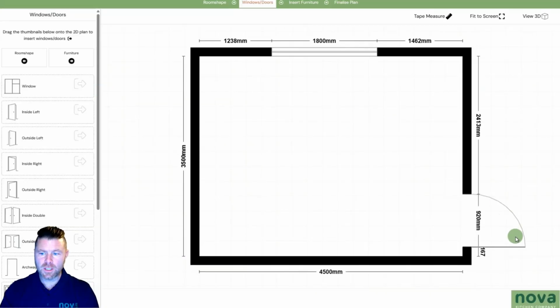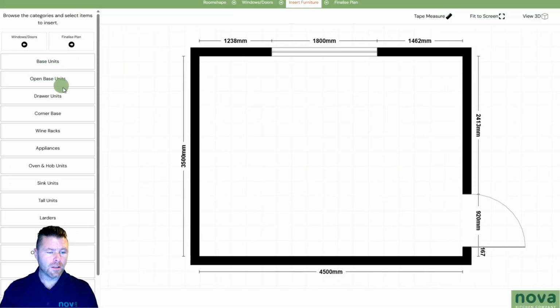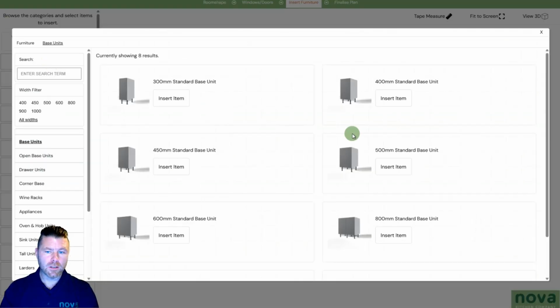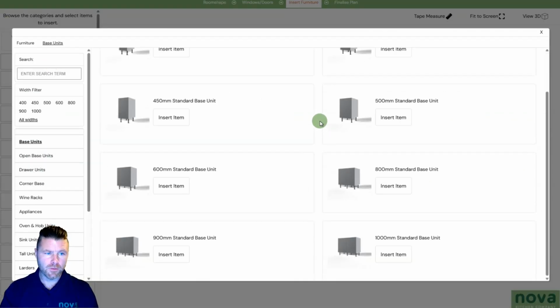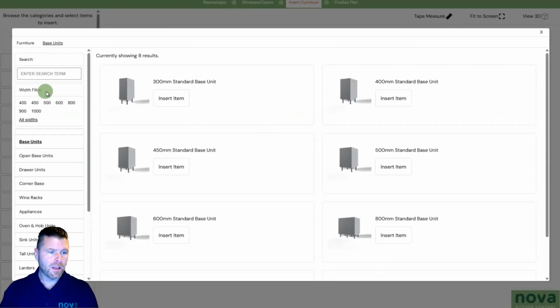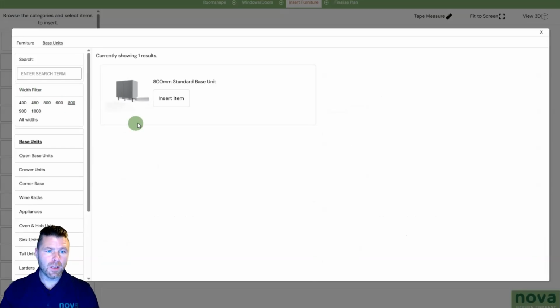We've put the windows and doors in that we want to, and we're going to click on furniture, move us along, and it shows us all the different cabinets that are available. With this particular column, you can click on each one and have a little browse around, see what's available. The left-hand column here, you'll have a width filter. That means you can obviously click on, let's say you want an 800 wide cabinet, and it will show you what's